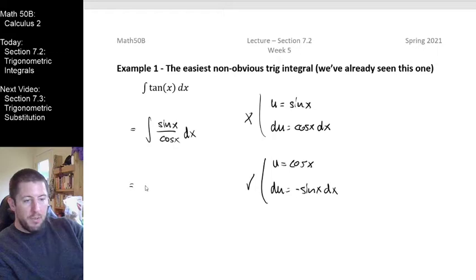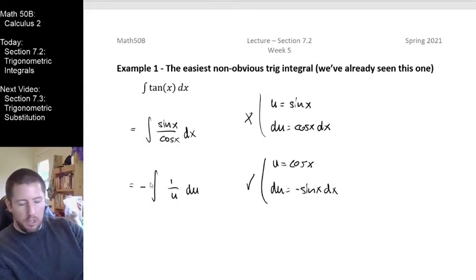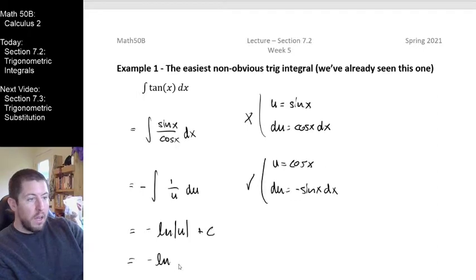So it looks like I'm going to be rewriting this. I am going to take on a negative here, moving that negative to the other side to be with du. And it looks like we're getting 1 over u du, right? Again, cosine of x became u. Sine x dx is what became du, including a negative right there. And this is going to lead me to negative natural log of u. And then we just got to make our substitution for u going back in here. So negative natural log of, for our appropriate substitution here, this was cosine of x